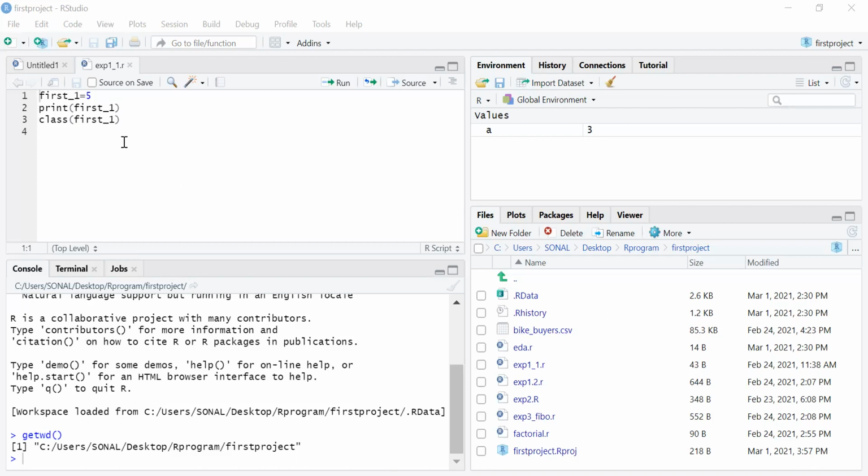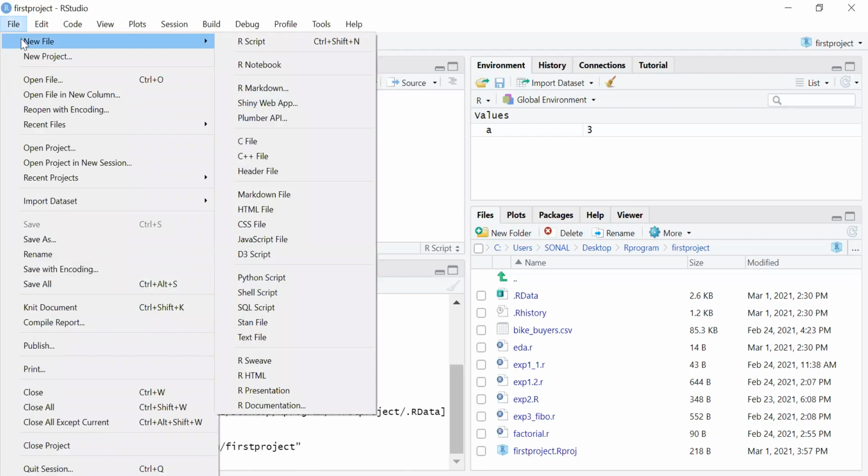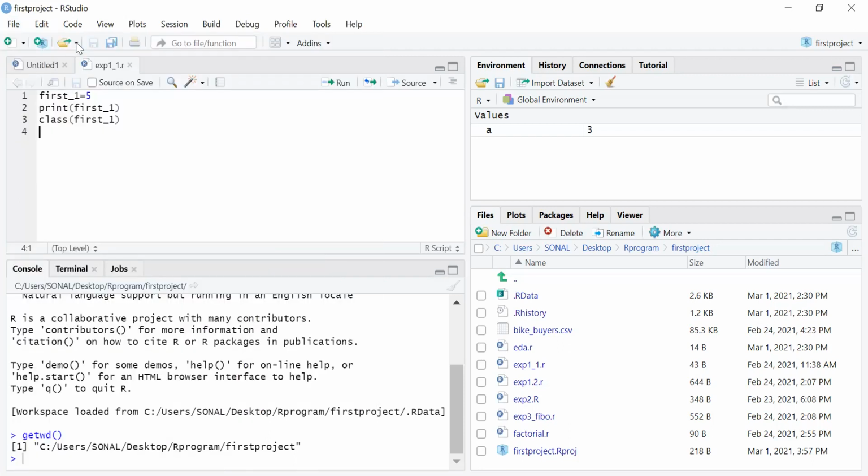The first part is used for writing the source program, and we save it using a file name with .r. So an R script can be stored using a file name with .r. You can go to File, create a new file, make it an R script, and store it with the .r extension.